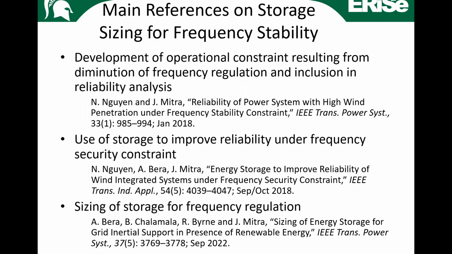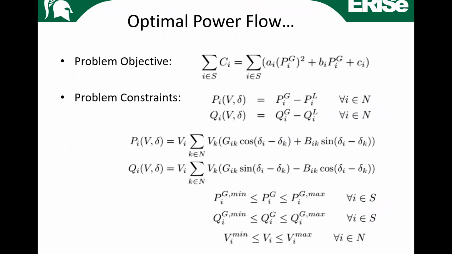Okay, and so here are some of the main references. Again, these are available on my website, and I'll tell you how we went about building this model. I won't go into the details as much as I did with the reliability business. Okay, but most of you folks may be familiar with the notion of optimal power flow. We use this constantly when we are operating the system. Okay, and the objective could be reduction of fuel costs, or it could be maximization of social welfare